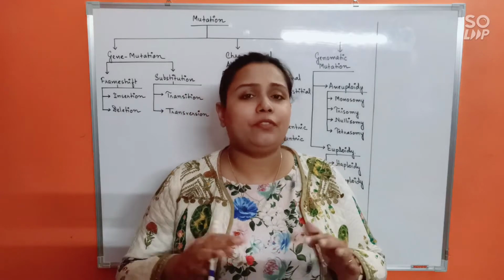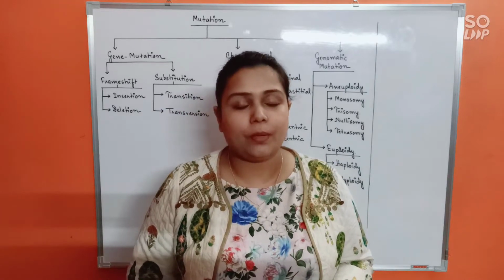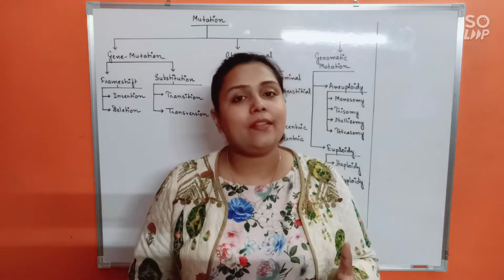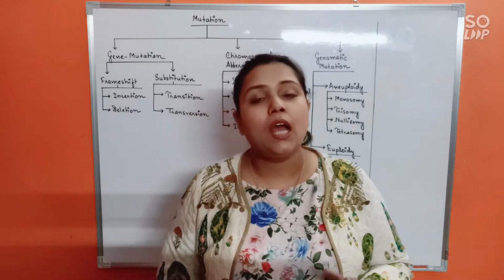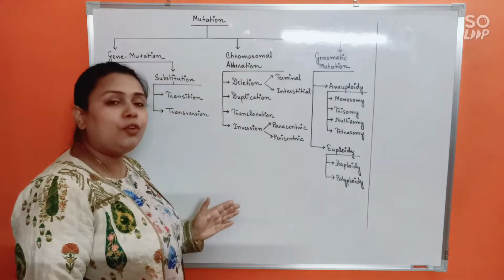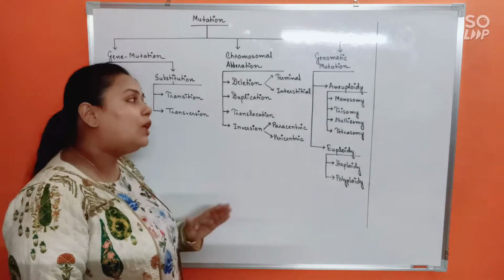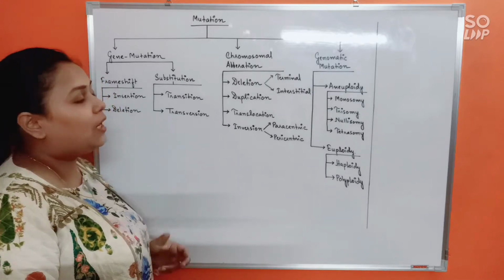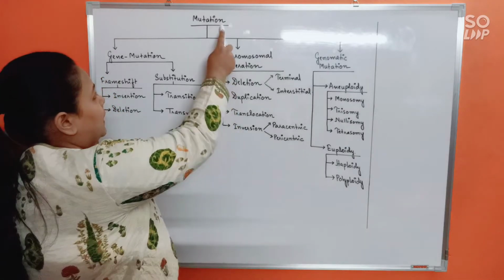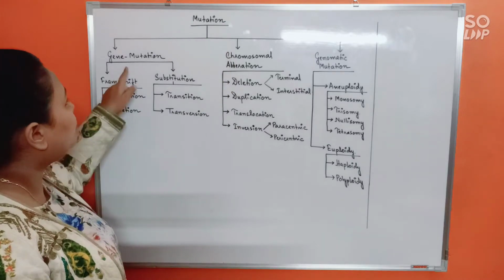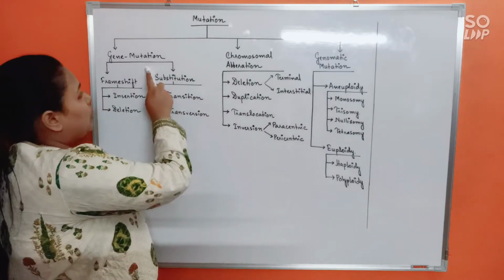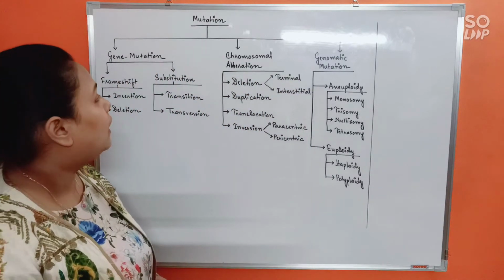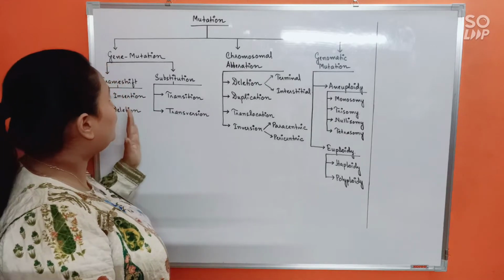Now, mutation can be of various types. That's what today's class is all about. We are going to discuss various types of mutation in today's class. To understand them properly and not have any confusion, I have made it into a chart. All of you first learn the chart properly, only then go into detailed discussion. Okay? So let's start our discussion from the chart itself. Mutation, as you can see, can be broadly categorized into three divisions: gene mutation, chromosomal aberration, and genomatic mutation. Now, let us start with the first, gene mutation.